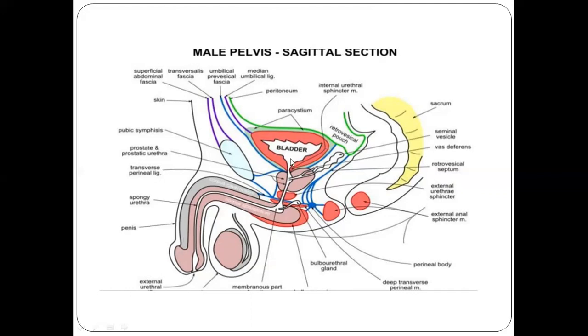At the time of ejaculation, this internal sphincter vesicae will close off the bladder neck, so the semen will not enter the bladder and not mix with the urine. This is the inferolateral surface, this is the superior surface, this is the apex, this is the neck, and this is the base or posterior surface in the male.